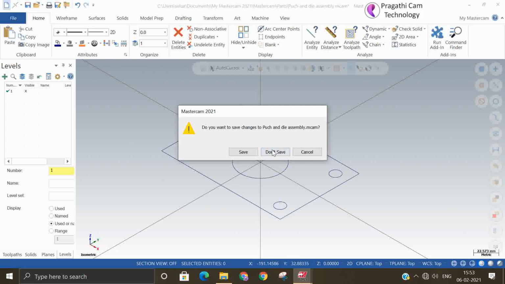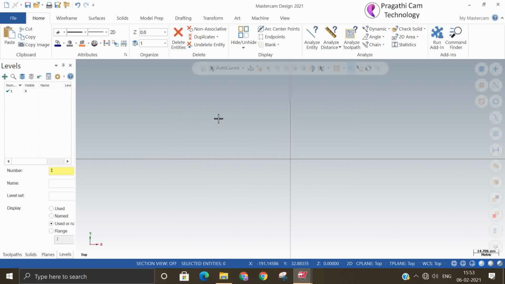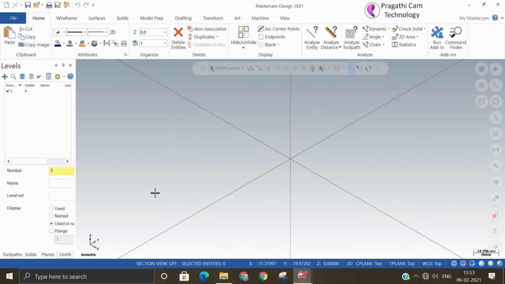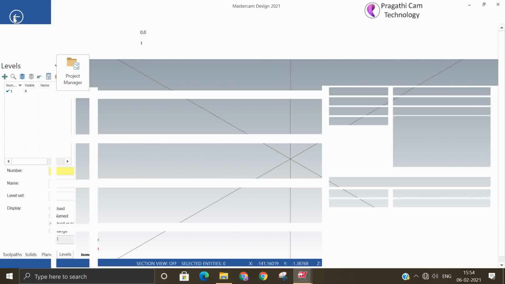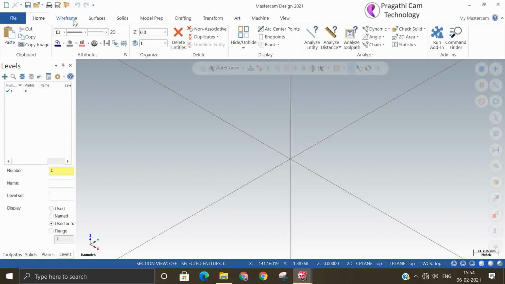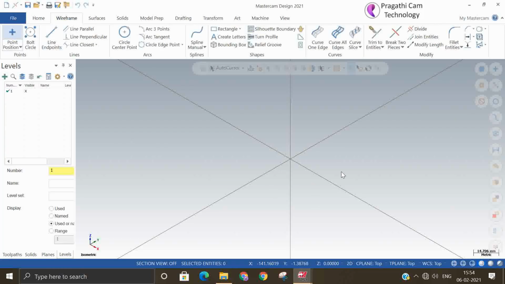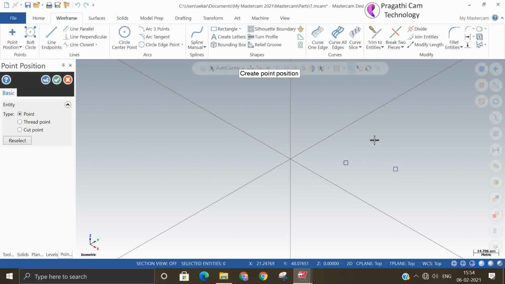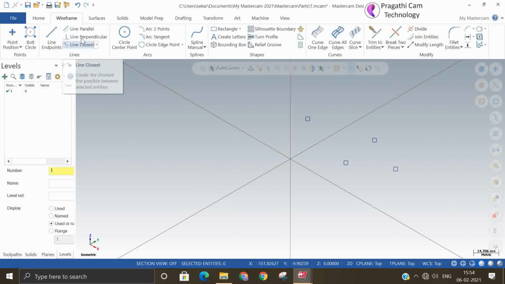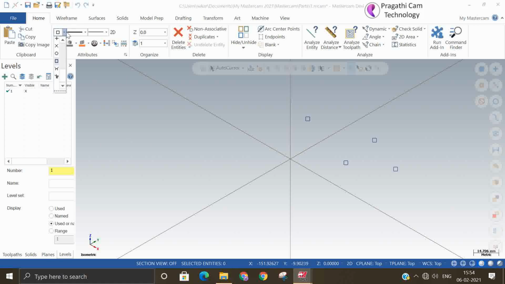So one new file I'll open now. I am in the top view now. Point property, for example. I just change my point shape. So I'll select the point. Now the point will be visible like this. However you change, based on that it is going to come.